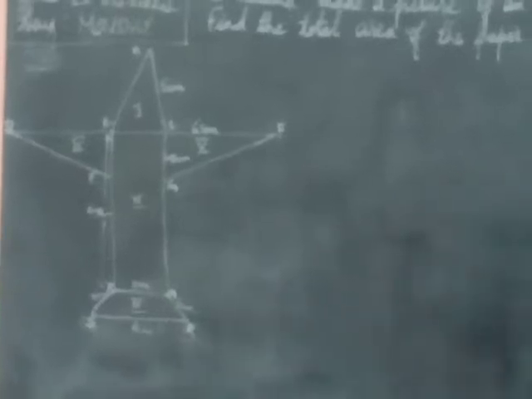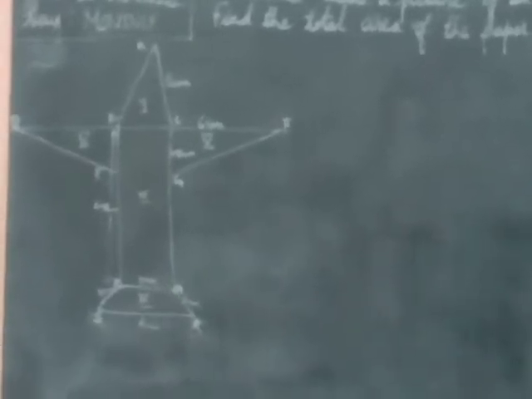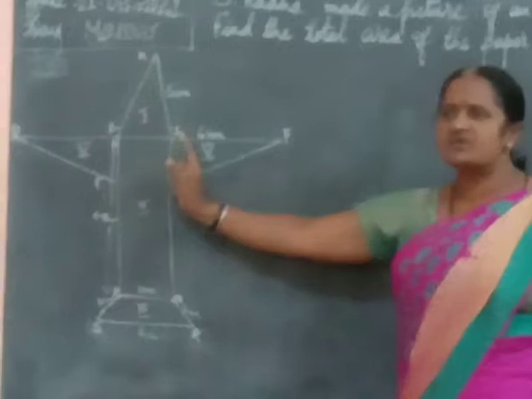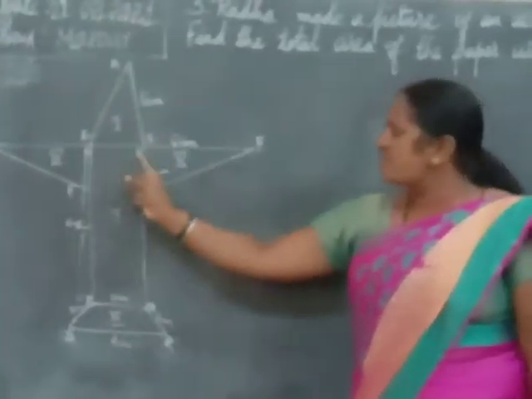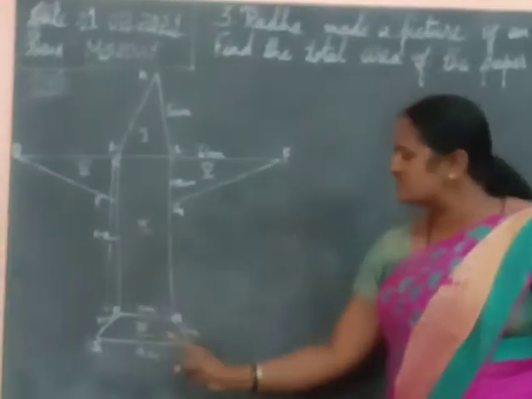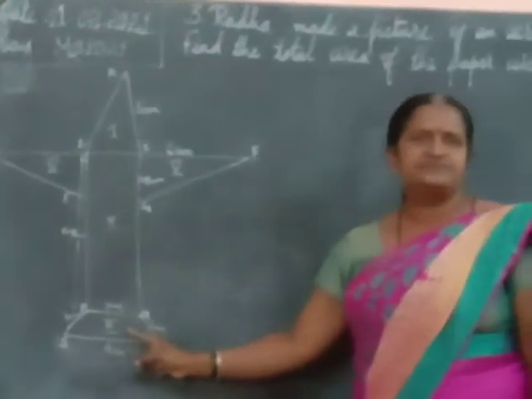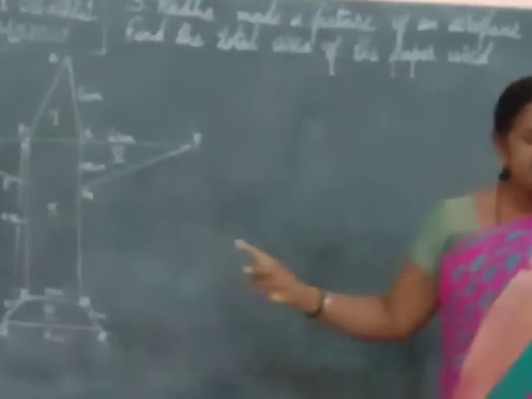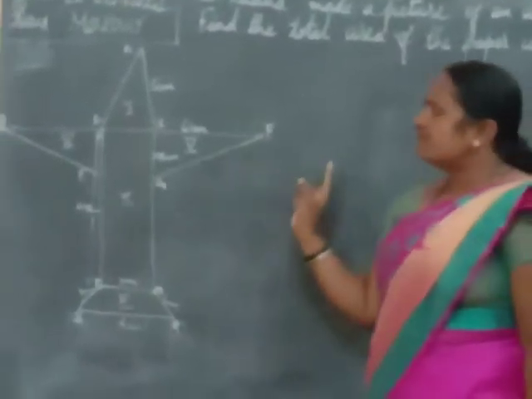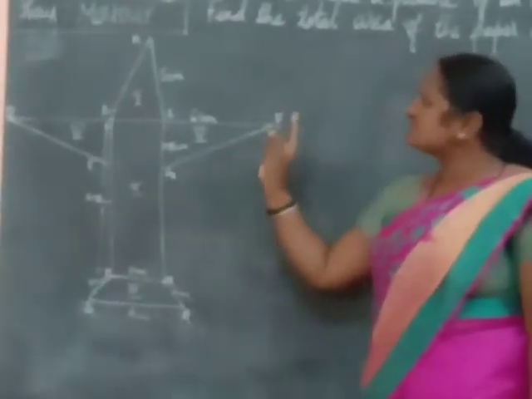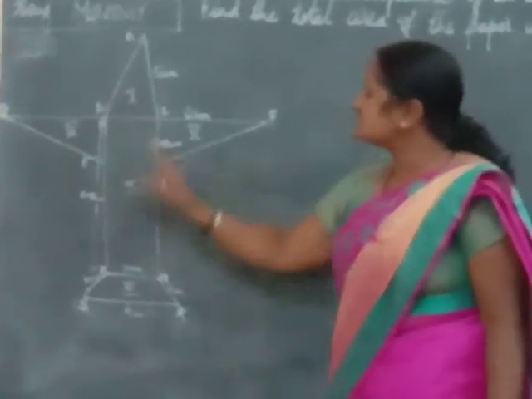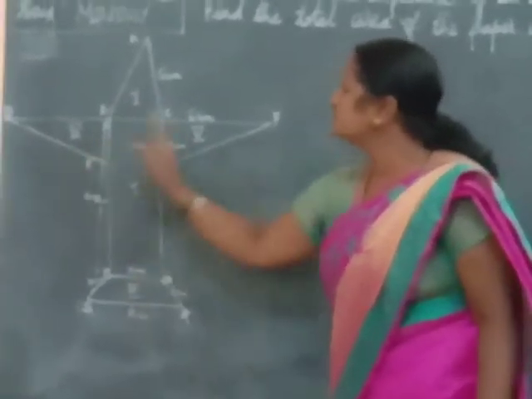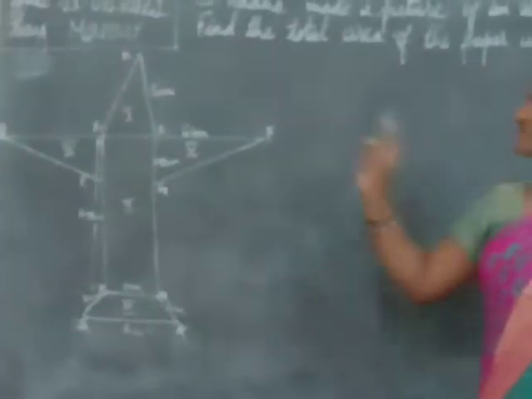And you must know the areas of these pictures. You all know what is the area of a triangle, and what is the area of a rectangle, and what is the area of a trapezium. Using that we have to calculate. Now first let us see the first part. We have divided this into first, second, third, fourth, fifth. Now first part, what is there?